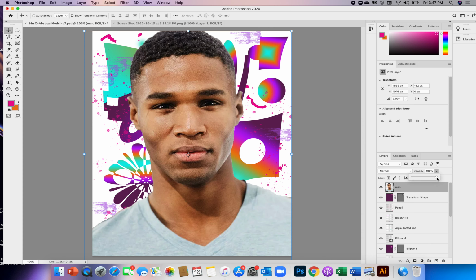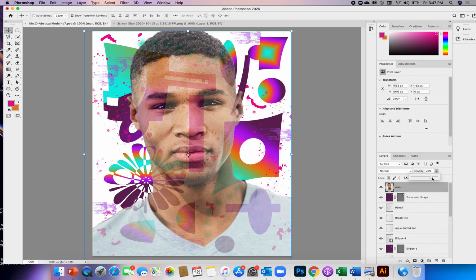so I want him to be in front of all the shapes. The other thing I want to do is change the opacity on him. I find 80% is pretty good. 70 can be okay, and you can play with the opacity depending on what you want. So right now you see him, you see our background. There's not a whole lot of changes going on yet,